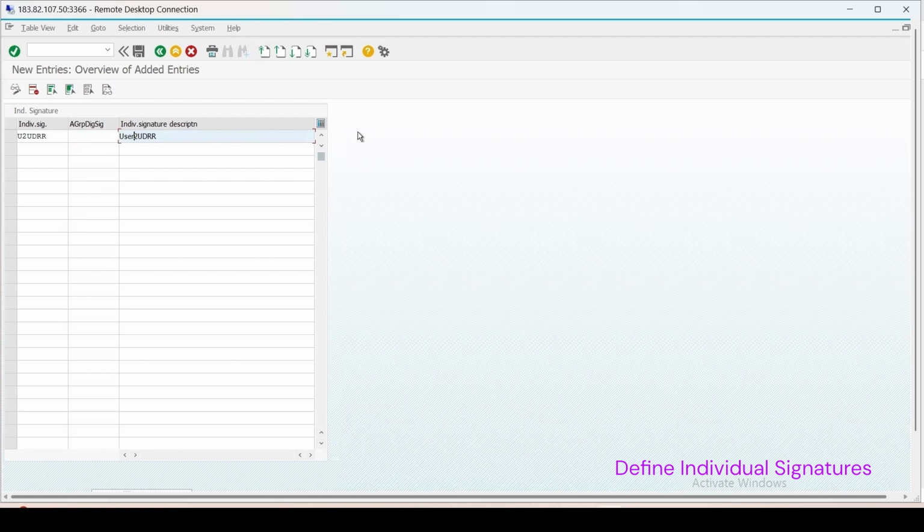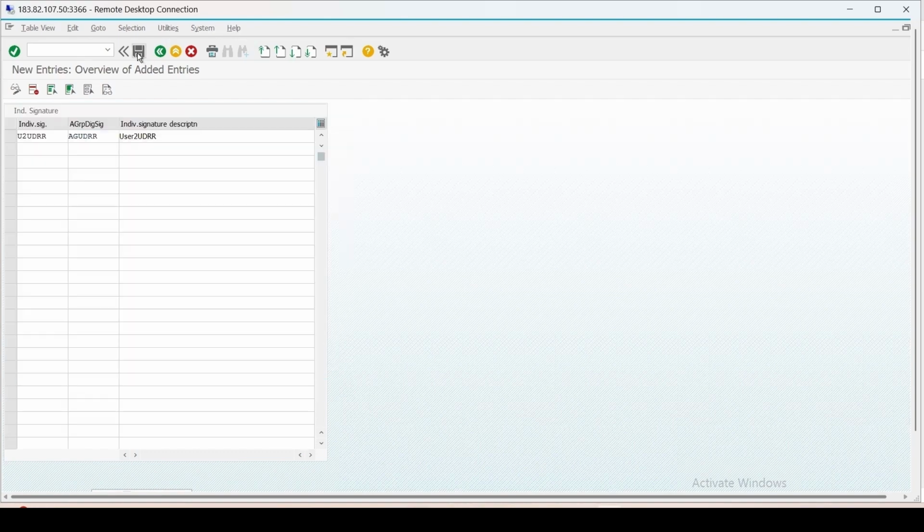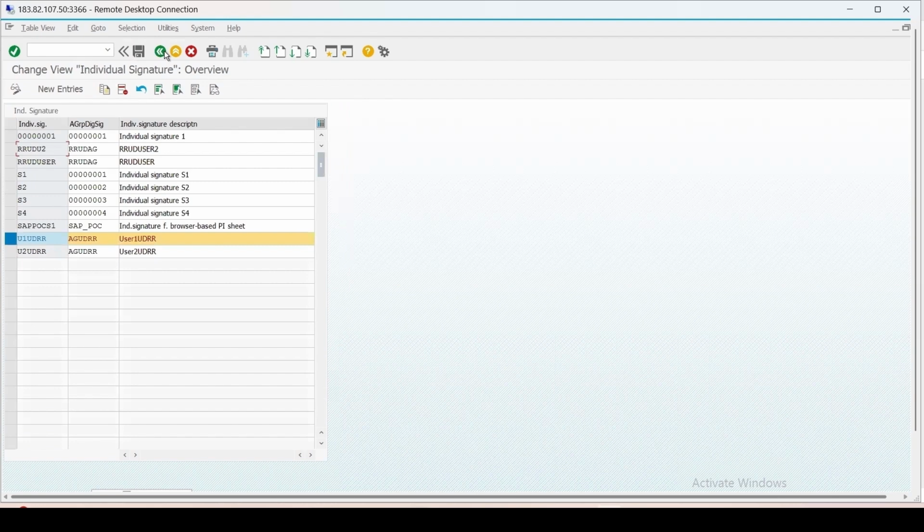And in the authorization group, we can select our group which we just now created, which is authorization group for UD and RR, and then click on save. Let's go back. So now we have created two. One is user ID 1 and another is user ID 2. Both are under the authorization group AGUDRR. Okay, so let's go back.